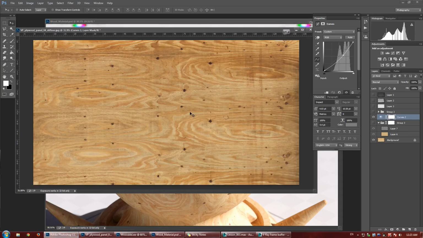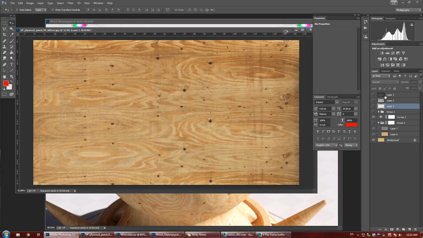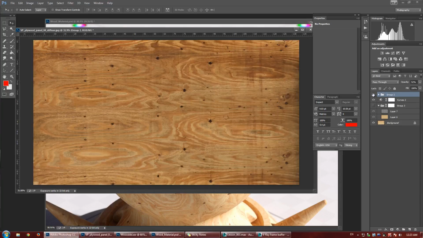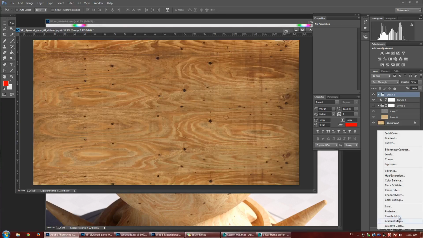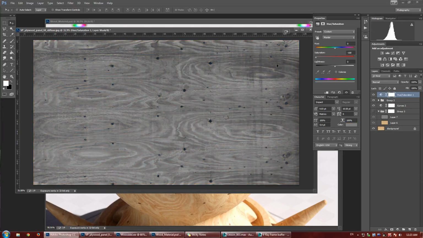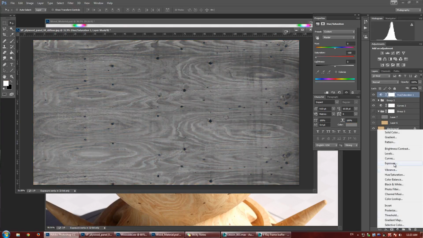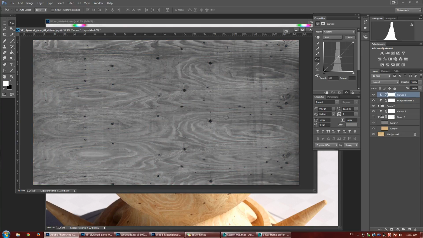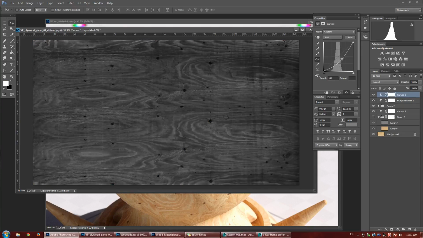So if I go into the texture file, what I'm going to do is, over the top of this, let me just get rid of all these top layers just so you're not confused. I'm going to add a new layer. I'm going to add a hue and saturation and just darken that off, and then I'll just add a curve adjustment over the top of this. So what I'm going to do now is just experiment, and there's no clear-cut way of figuring out